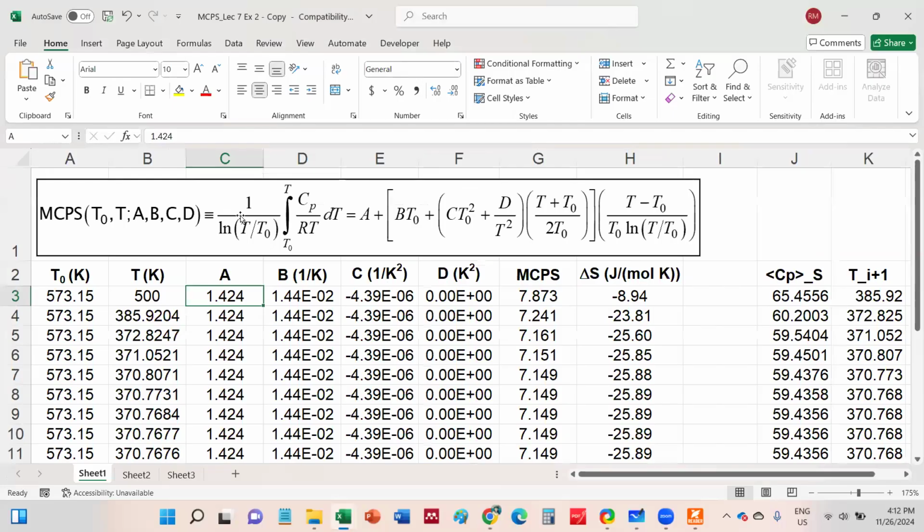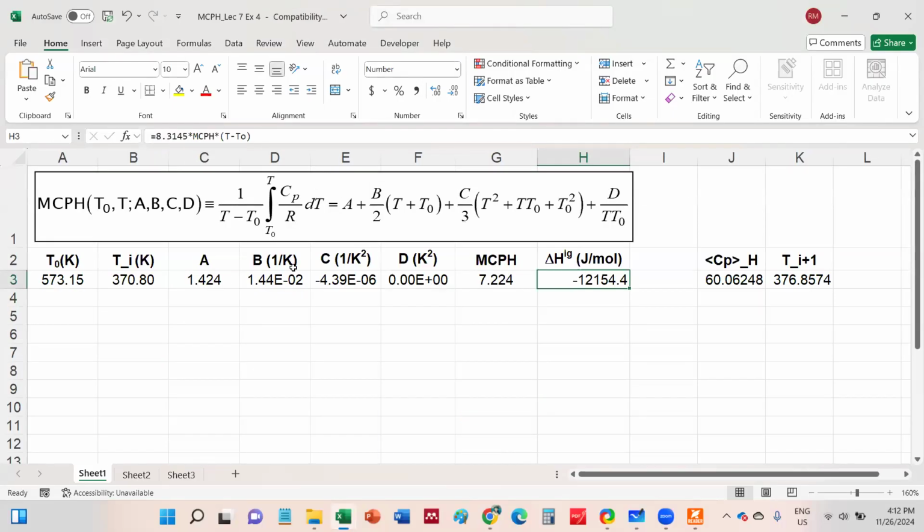By the way, what if you don't have access to Excel? How do you solve for CP and MCPH? So you use this long equation, this one. The coefficients, you solve it manually. You input the T that we gained from the previous iteration here. So this calculator just automatically does that.